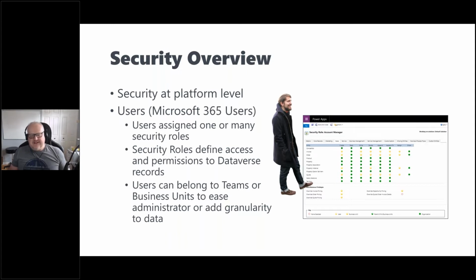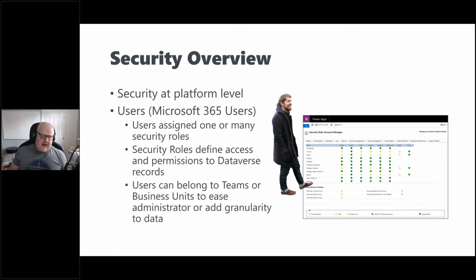They would be assigned a security role. Now, typically what we would have always done is added the security role directly within Dataverse. There are ways we can go in the configuration into the admin center and assign users to roles. However, just recently, Microsoft has added some additional functionality so that you can do much more of that management directly in